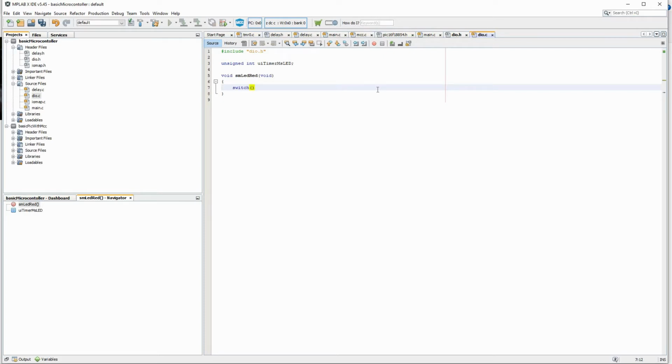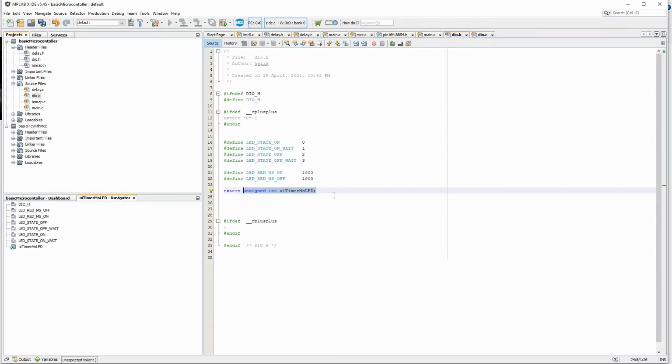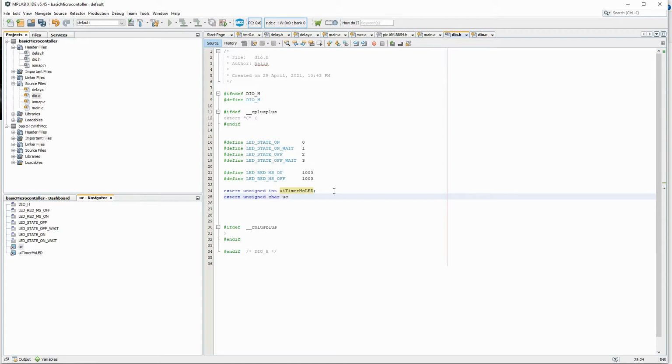I need a variable also, so let me declare the variable: extern unsigned char UC LED red state machine state.